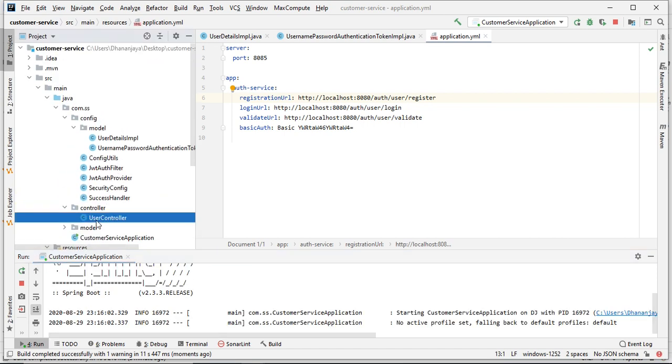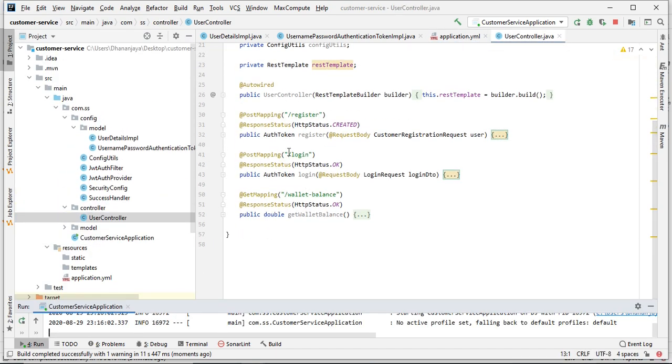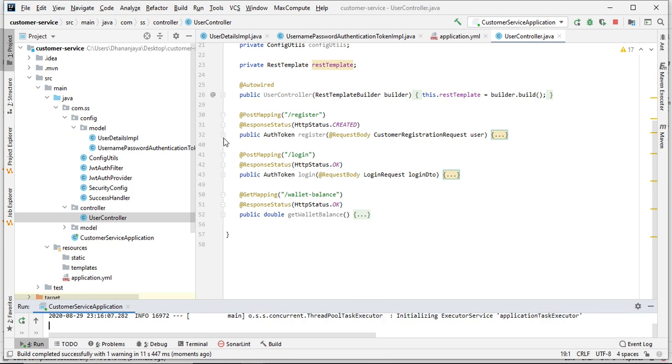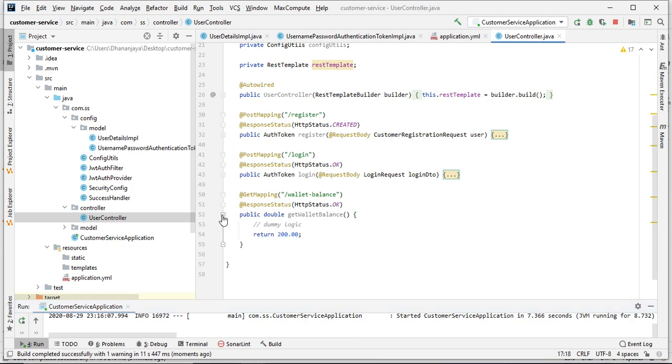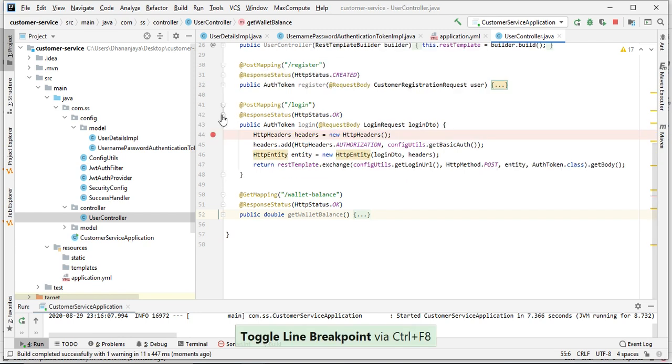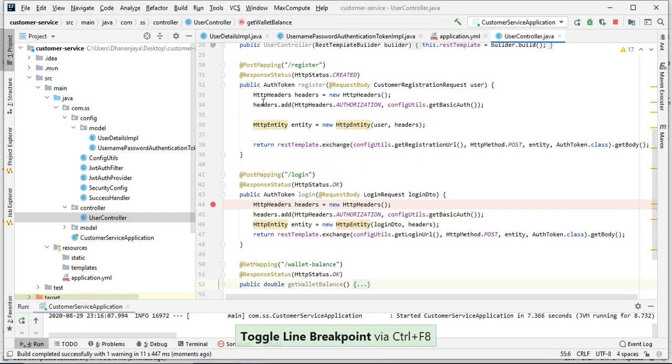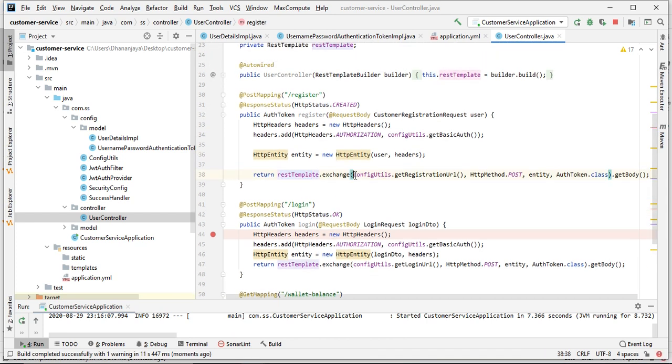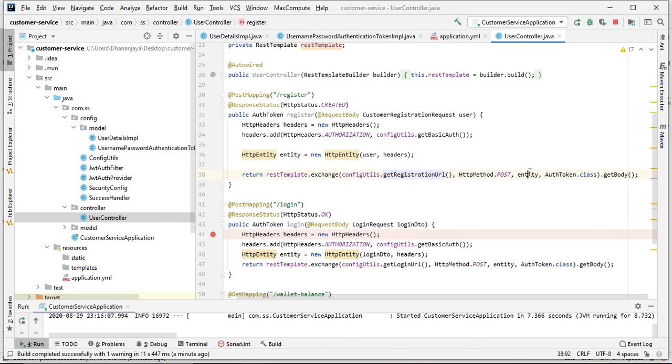So let me show you the controller part. In the controller, we have three methods: register, login, and check wallet balance. In check wallet, I am returning dummy logic. But in login and register, I am making a RESTful service call to the auth service. If you see here, from config util, I am getting the registration URL, and I am calling the post method. The entity holds the header I am passing and the user, whatever user we are getting from the input.